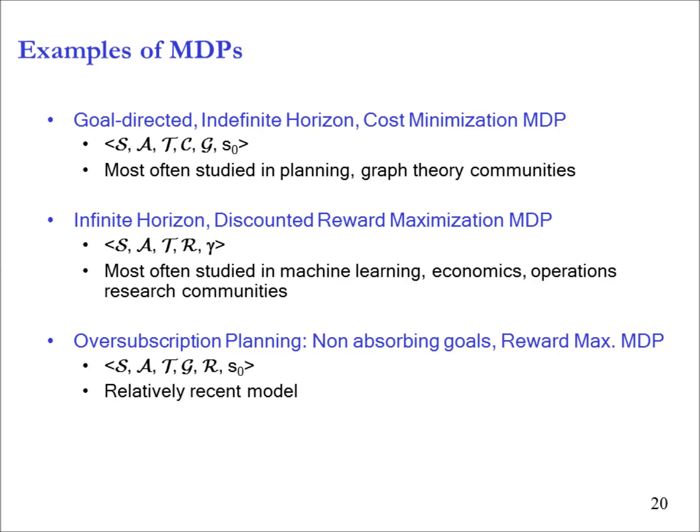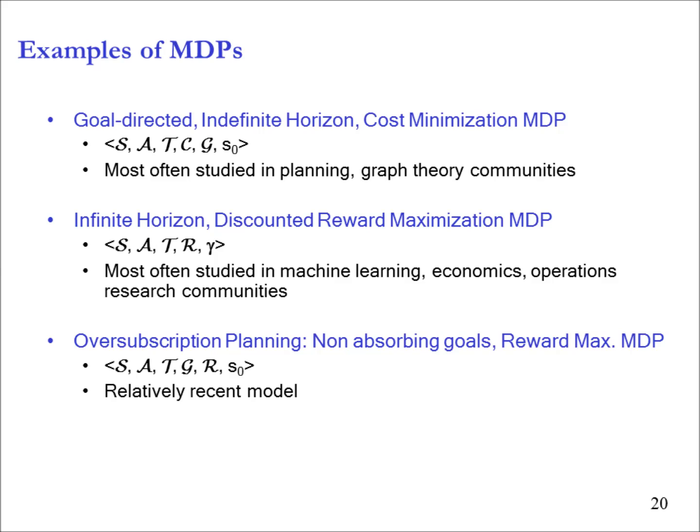Alright. So all of these models, either goal-directed indefinite horizon cost minimization, which means minimize the expected cost to reach the goal, or infinite horizon discounted reward maximization, which means go on forever, keep discounting, are all more or less equivalent models. I mean, this is not true. One is more general than the other, but let's not worry about it. Most of the algorithms that we will talk about extend to both of these models, and the ideas will be the same. So it doesn't matter which one we study.